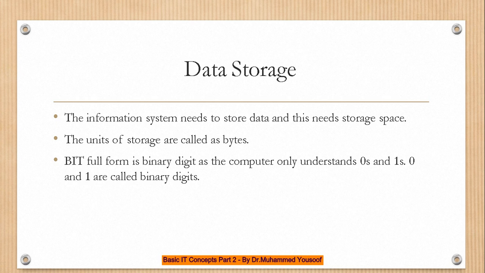What is a byte? Before that, let us understand what is a bit. We have studied from long back, computer can understand only 0 and 1. So 0 and 1 means two numbers. It can be either 0 or it can be 1. In English, binary means 2. So there are two digits. So bit stands for binary digit. So 0 is a binary digit, and 1 is also a binary digit. So 0 and 1 are called binary digits.